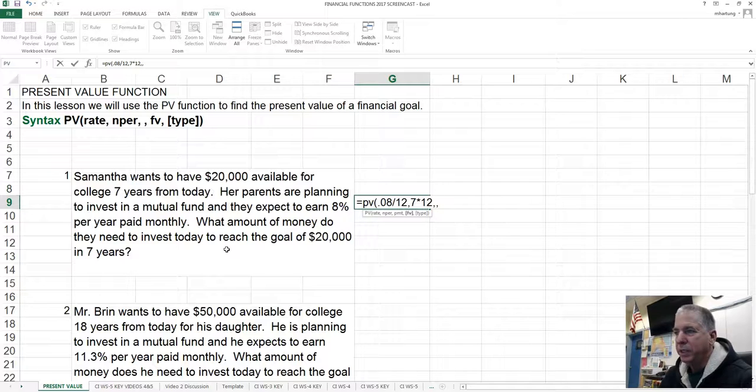And then next up is FV, future value. And our future value is this $20,000. That's what our goal is. So we're using this function to find a financial goal, and that is how much do we have to invest today to end up with $20,000. So I'll put in my 20,000, and as far as the type goes, we're just going to leave that blank, and that'll be okay. Excel will assume that we're taking the default, and then we can go ahead and put a parenthesis